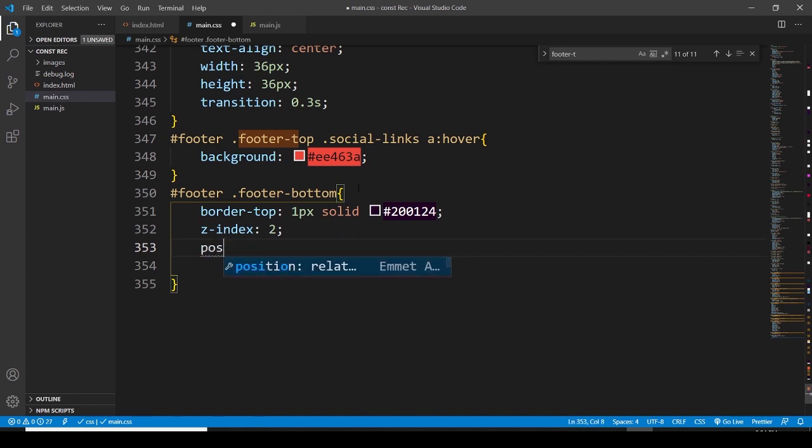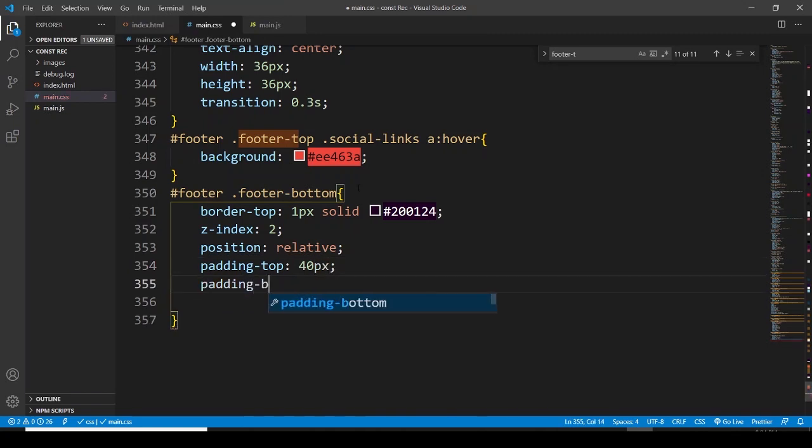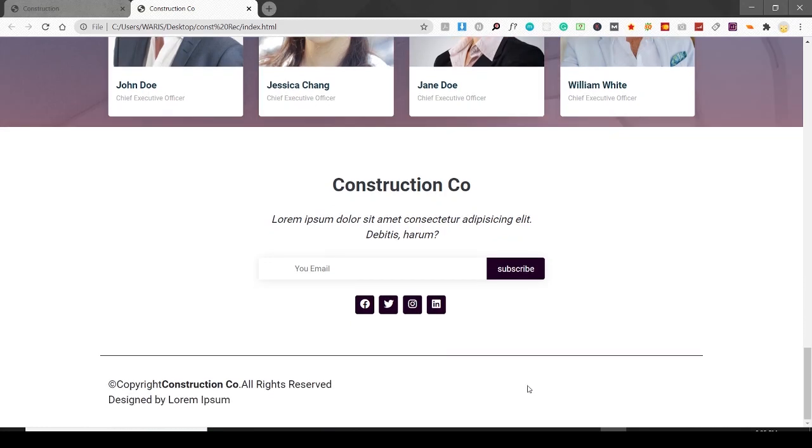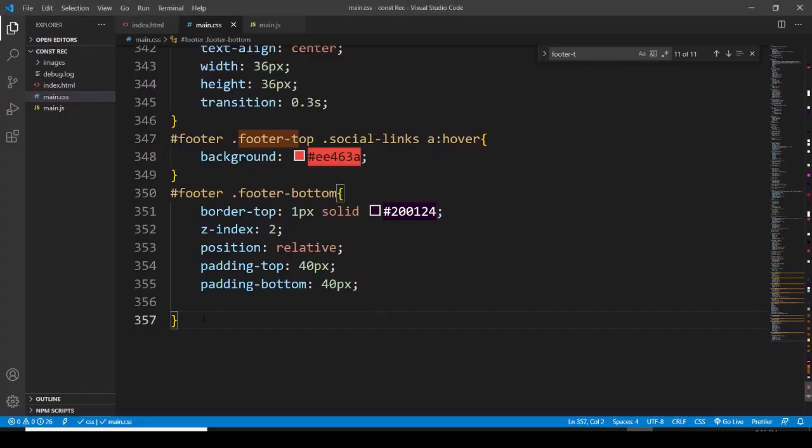Position would be relative. Padding top 40 pixels, padding bottom 40 pixels. Let's move on to the browser, and let me refresh the page. Okay, so there is a nice line, and now what we have to do next is